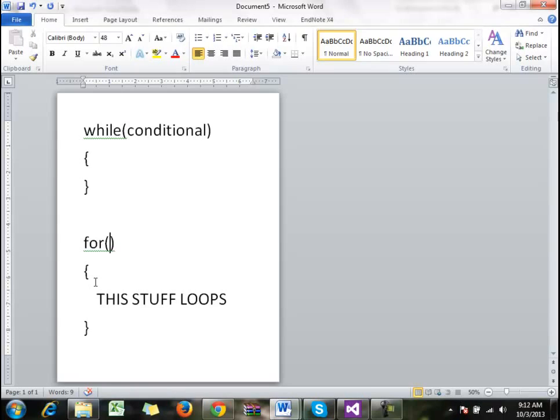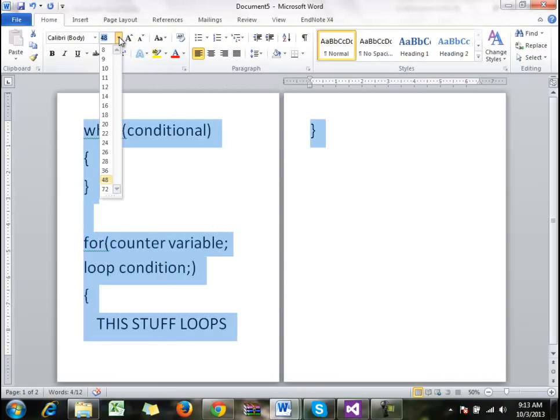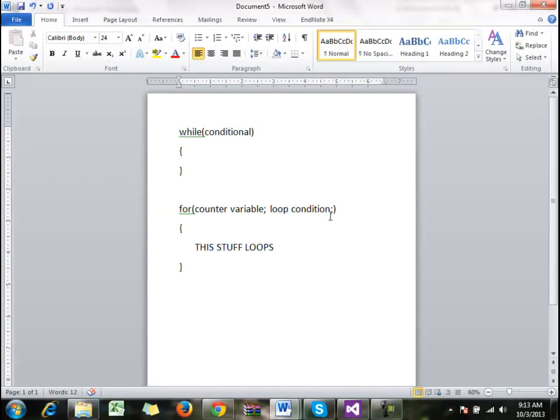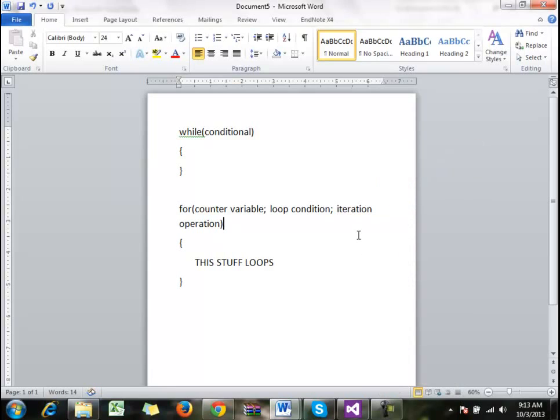So the first thing that goes in is the counter variable. Okay, that's the first thing. And then you separate that with a semicolon. And then we have the loop condition. Okay? And then I'm going to make this smaller so it all appears on one line. We have the loop condition, and then a semicolon, and then we have the iteration operation. Okay, so